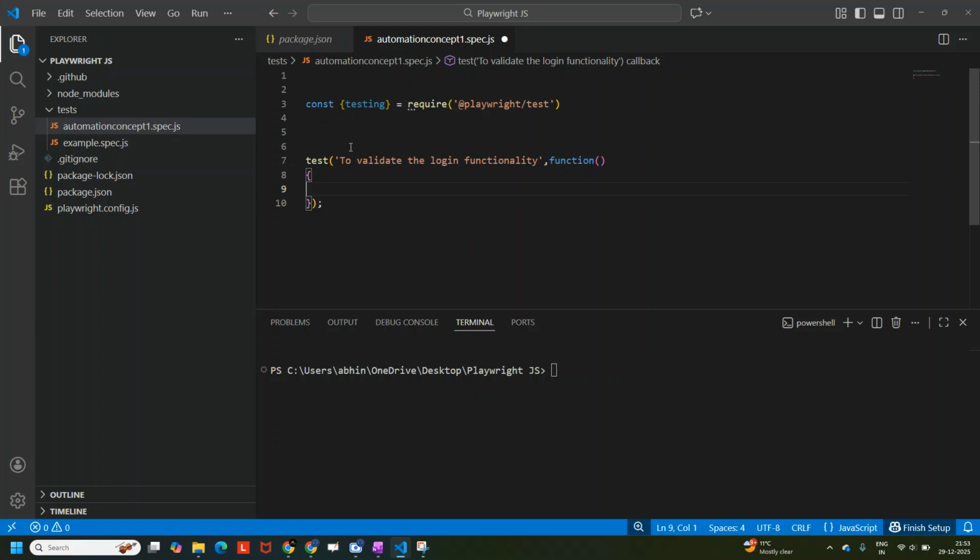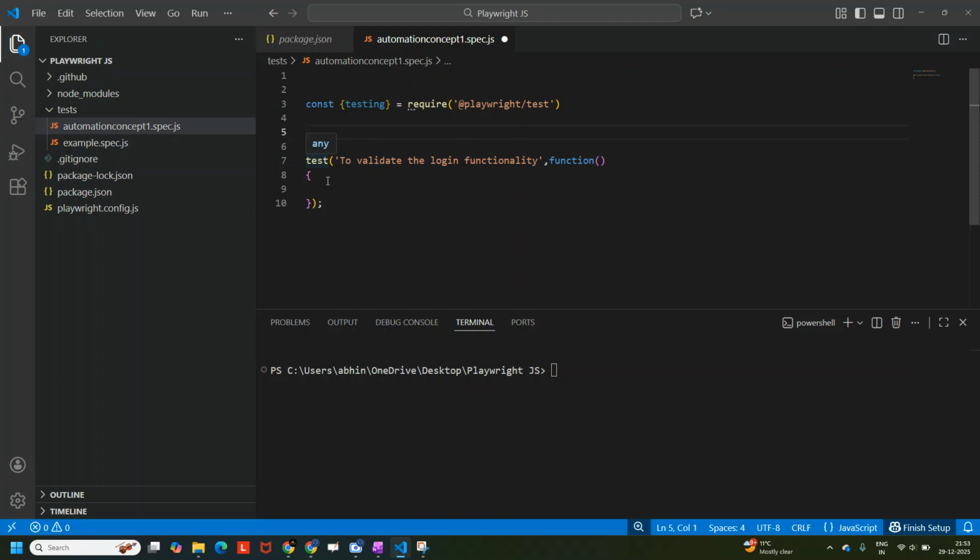So this jar file has been imported over here, and now since it is imported, we can make use of